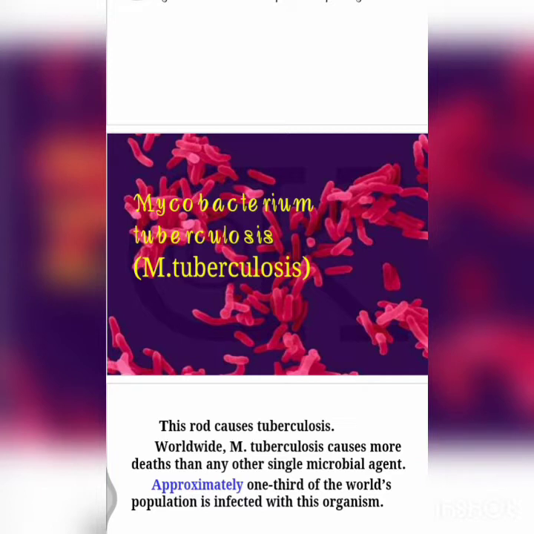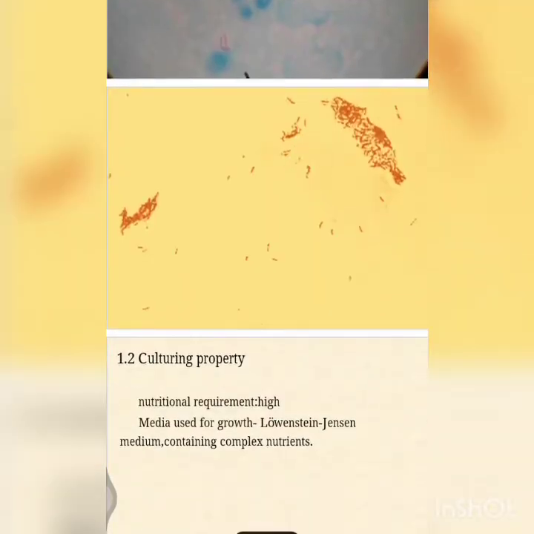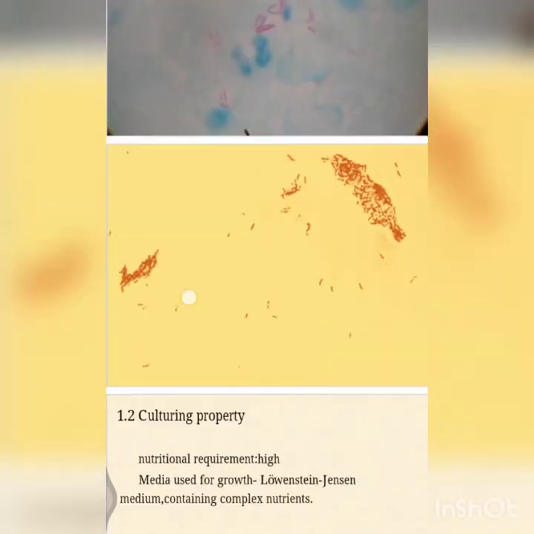The acid fastness is due to the presence of mycolic acid in the cell wall. This is an important point. Because of the mycolic acid, they give the acid-fast test, appearing red in color. We can identify them by two stains: ZN stain and fluorescent stain. ZN stain shows red bacilli on a blue background, as you can see here. For fluorescent stain, the smear is stained with auramine O and rhodamine and observed under a fluorescent microscope. The bacilli appear yellow, luminous rods in a dark field. I can show you a picture here.